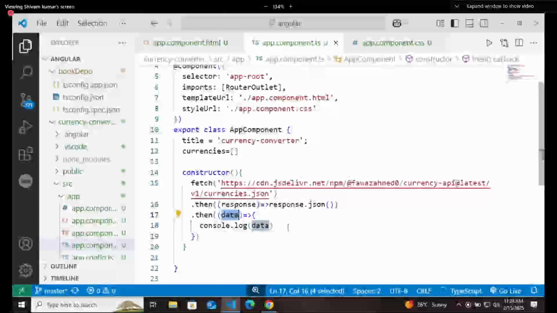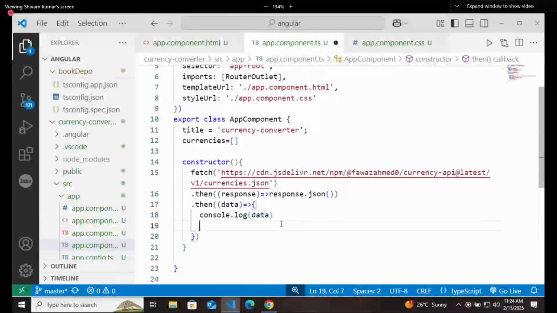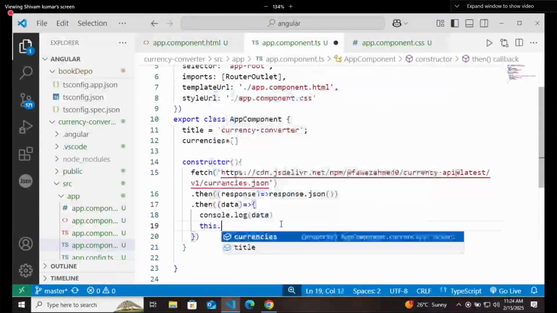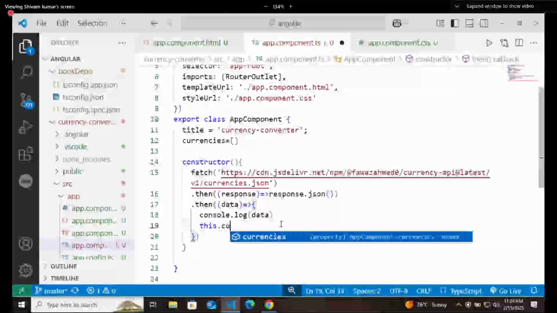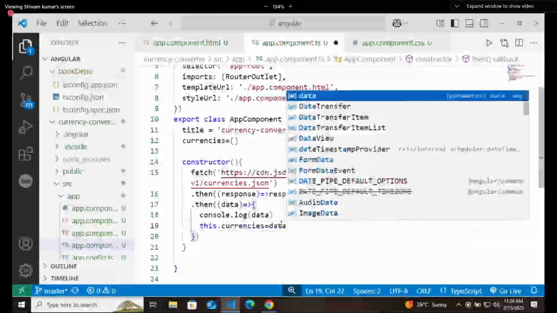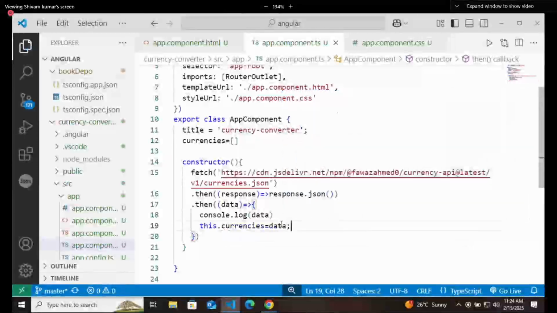Rest what you need to do, instead of printing this to the console, you can say this dot currencies is equal to data. In that way, I am setting all the currencies in this currencies array.